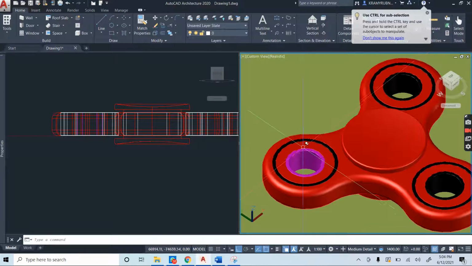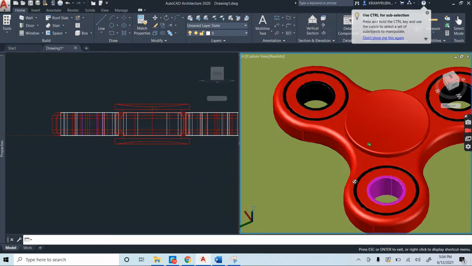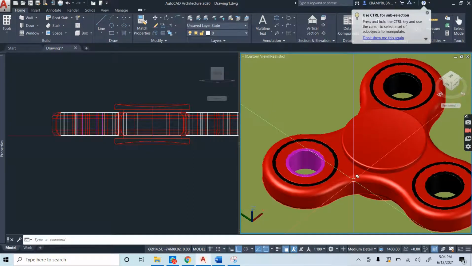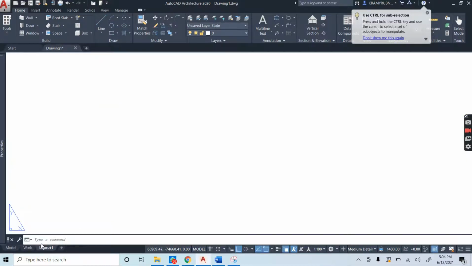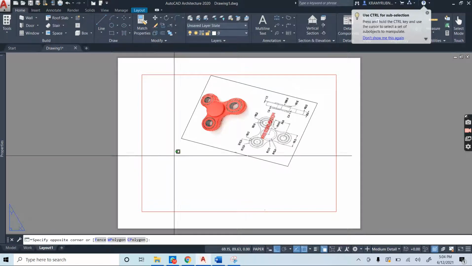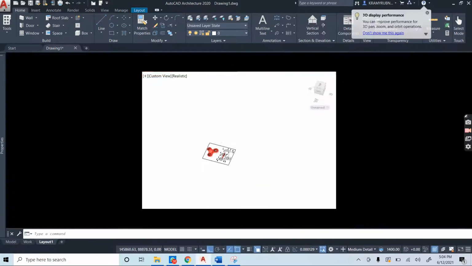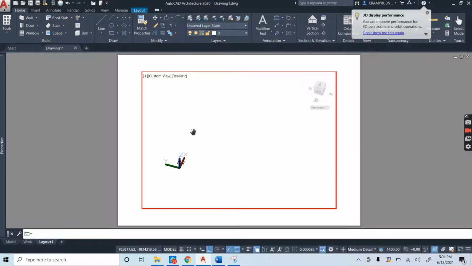You see, the white will definitely not show on this color that I have, and that is why, as a matter of fact, I'm going to be leaving it in the black for now. Alright, but that demonstrates my fidget spinner. If we were to go to perhaps a layout, we would better be able to view that as a colored piece. So let us go, let's go southwest isometric,